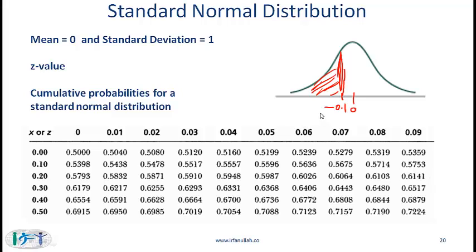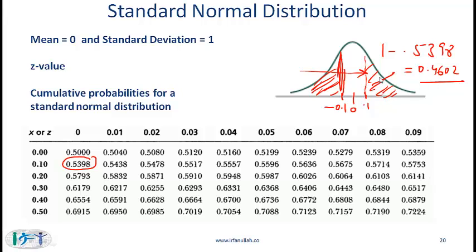So you use the fact that the distribution is symmetric. If you come to this point over here, which is 0.1, then you know that the cumulative probability up till 0.1 is equal to 0.5398, which means that the probability to the right of 0.1 is equal to 1 minus 0.5398, which is equal to